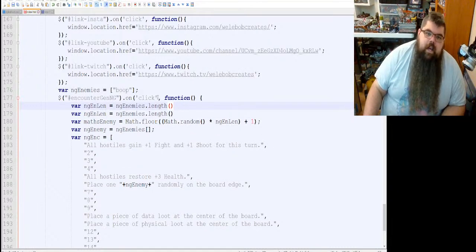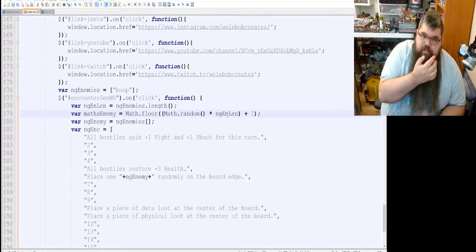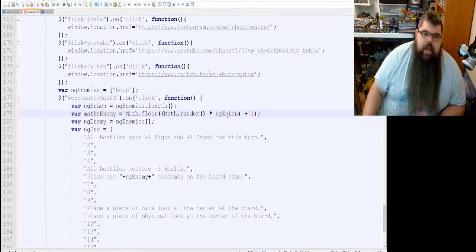It's going to check how many items are in this array here. And it's going to return us a number, right? And then we're going to use that number as the ceiling in our math random function. So that way, if there's 6 guys in here, it's going to give me a 6, and this is going to get replaced with 6.